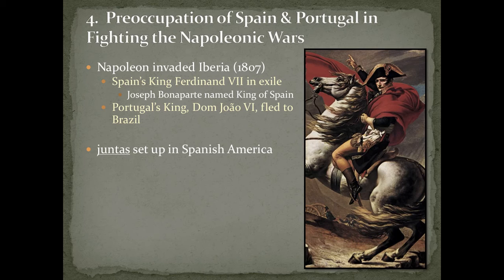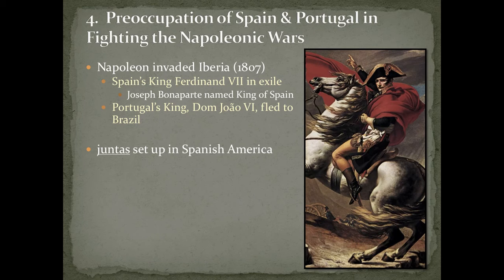All right. So it's a little bit different, though, for Portugal's king. Whenever Napoleon invades, their king, and don't laugh, I'm pretty sure this is how you pronounce it from other things I've heard, his name's Dom João VI. I'll say it again just because I like it. João VI. He's going to run off to Brazil. So that's a bit different from what happens to Spain's king. Spain's king is still in Europe, but he's kicked off the throne of Spain, and Napoleon's older brother is placed on the throne there.